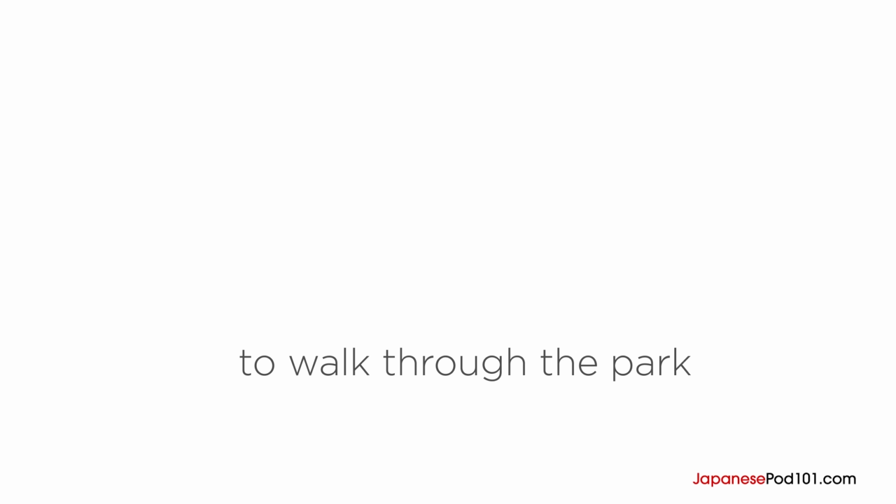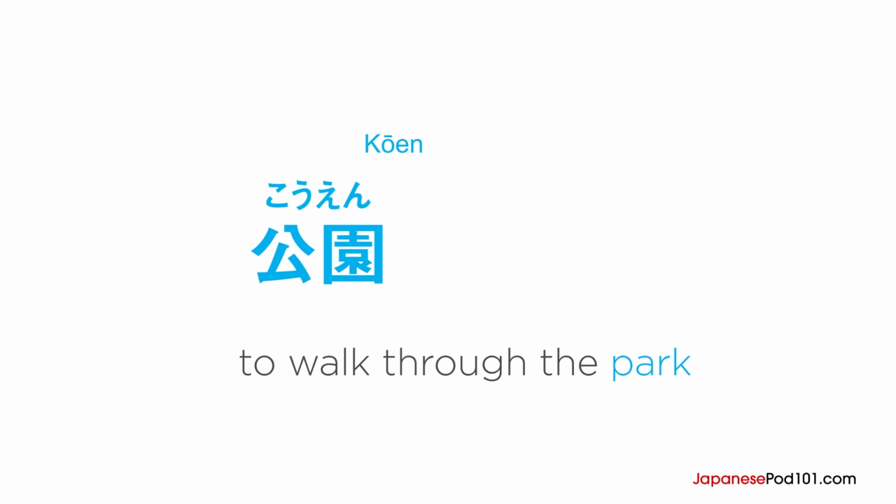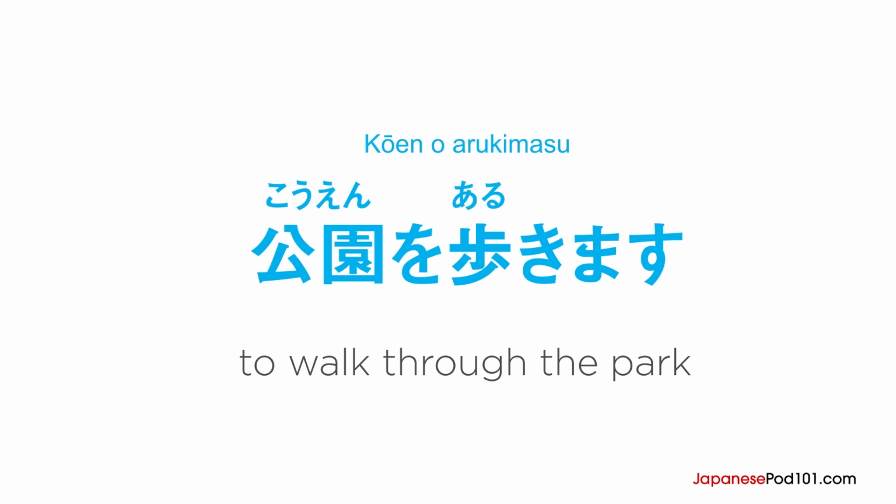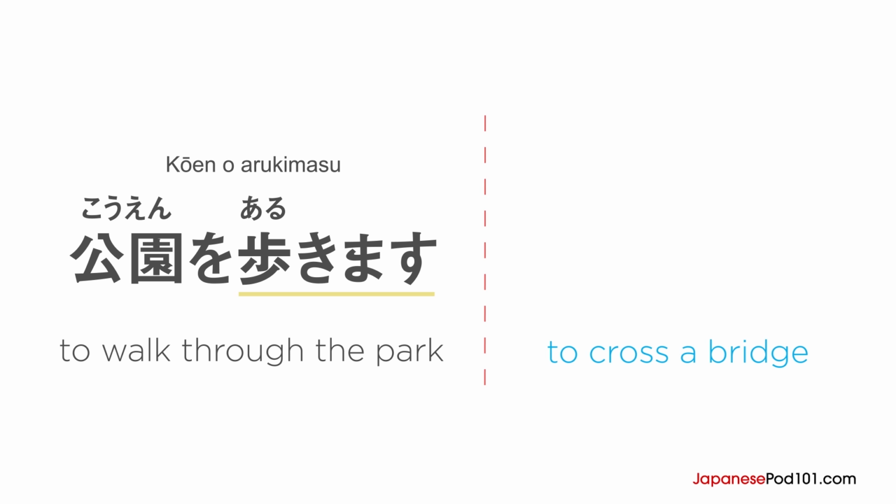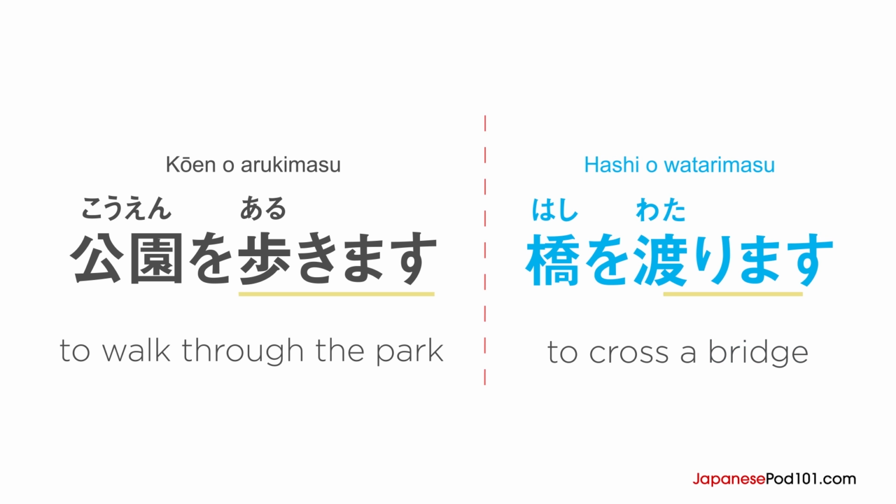Let's see how it functions in a sentence. For example, how do you say to walk through the park? Park is 公園。So, 公園を歩きます。 To cross a bridge? Bridge is 橋。So, 橋を渡ります。 Notice how the particle marks the place where the movement takes place. Through the park was, 公園を、 bridge was, 橋を、